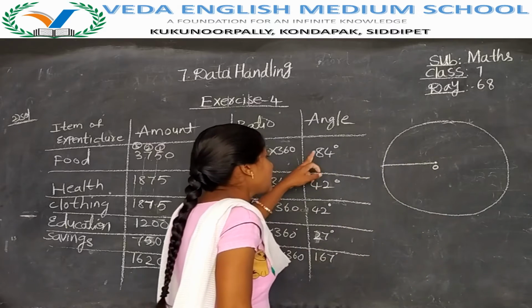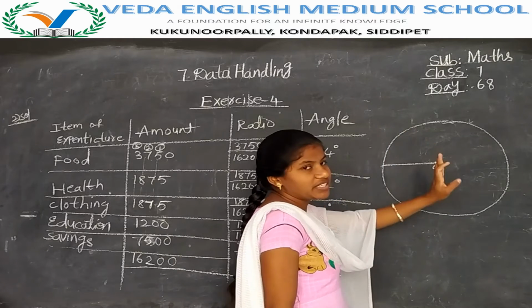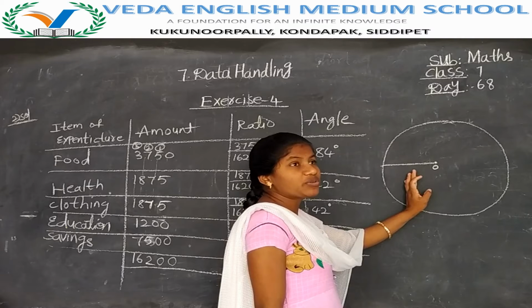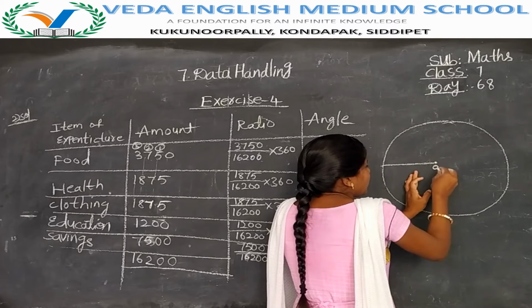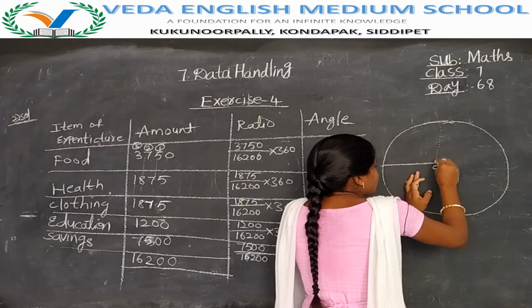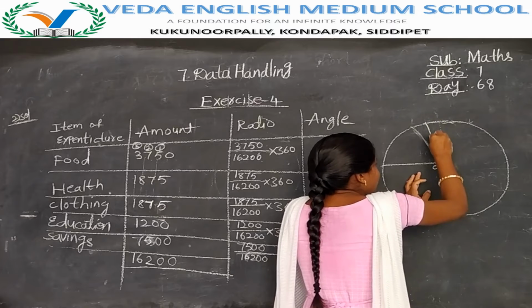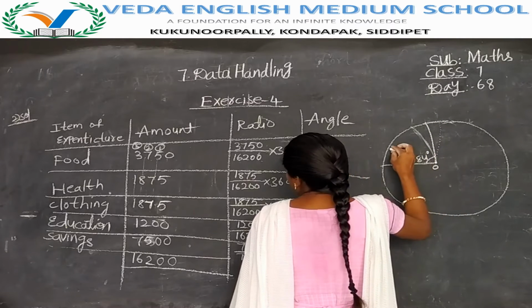Then first we have 84 degrees. So here we are moving from left side to right side. While we are moving from left side to right side, here you have to use outside scale. Outside scale means 84 degrees. Here exactly 90 means here we get like this. I am not using a protractor. Simply I am drawing here. 84 means like this you will get, I think. 84 degrees you have to write, and first they have spent for